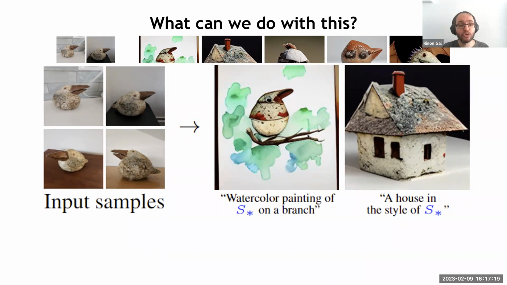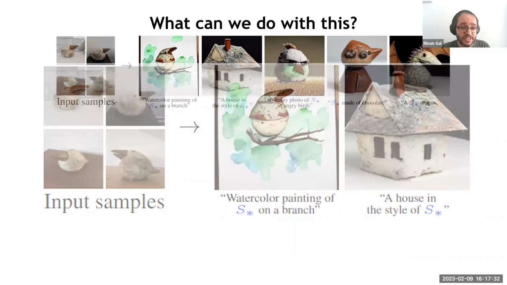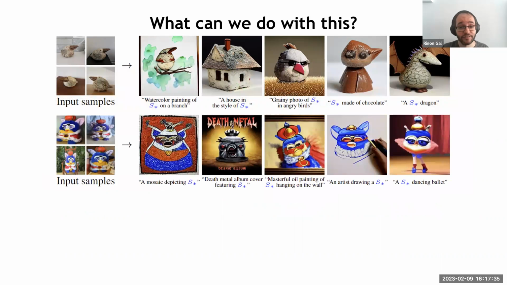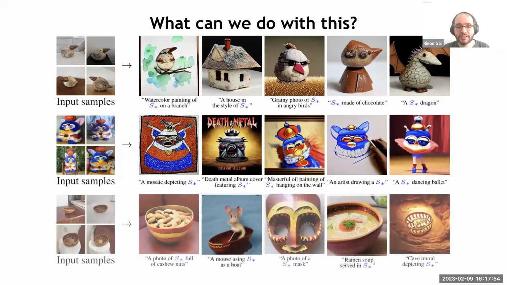So we're not limited to just the appearance of the concept we learned, right? We can really understand more high-level semantics like the materials it's composed of, etc. We can use this approach to unearth ancient mosaics of Furbies. We can put them on death metal album covers, and you'll notice that the model can change the concept's color as well, right? It doesn't have to maintain the same colors as this original Furby if changing the colors will better fit the result. And again, we can really see that the model manages to capture the high-level semantics of